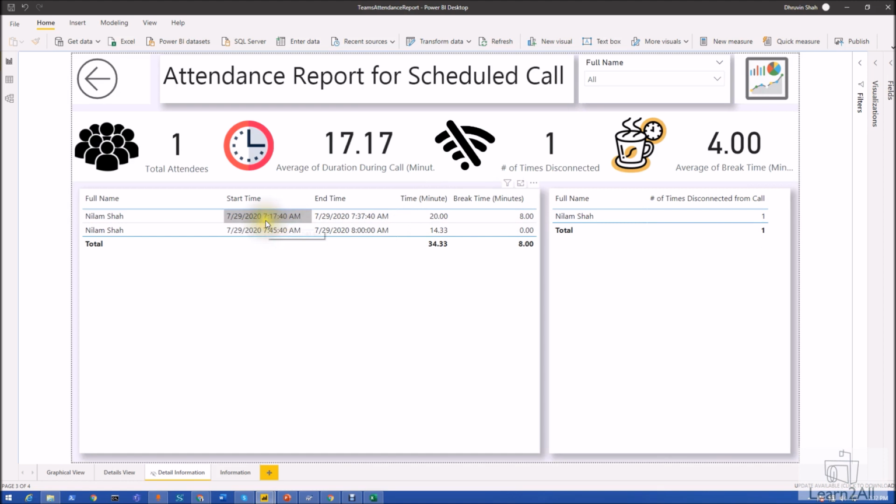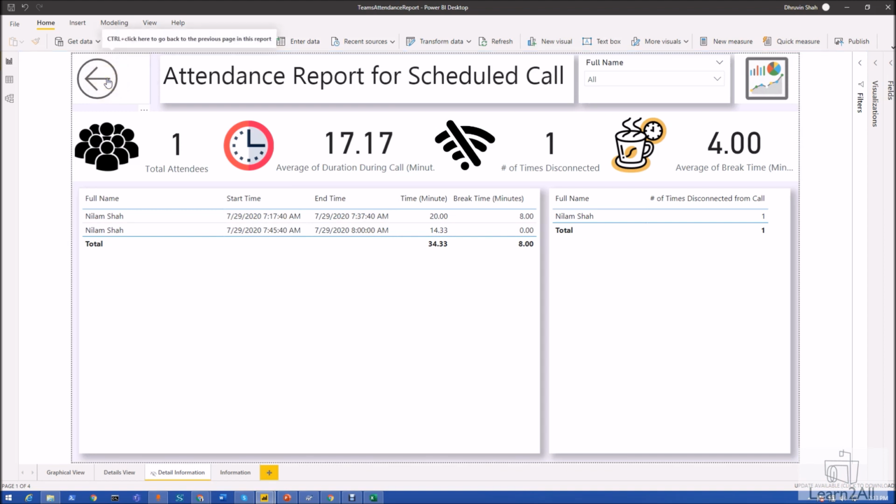You can see that Neelam joined at 7:17 a.m. and ended at 7:37, meaning at 7:37 she was disconnected. Then she rejoined at 7:45 a.m. So there was a break time of 8 minutes in between these two calls, right?